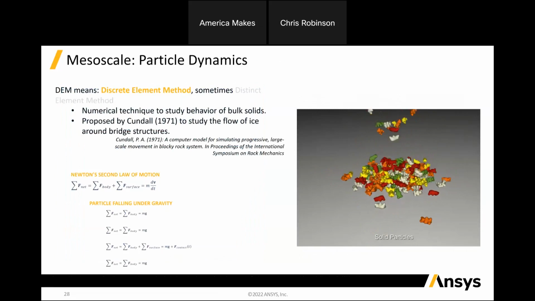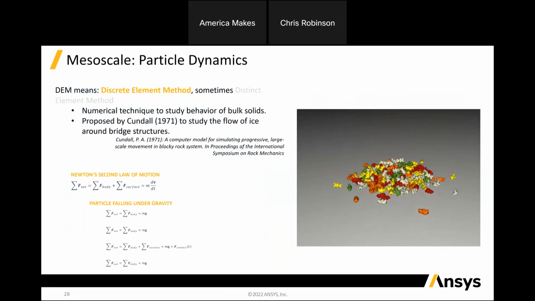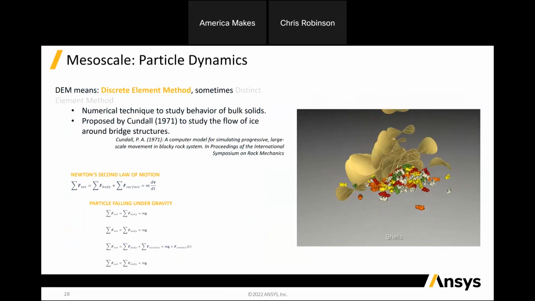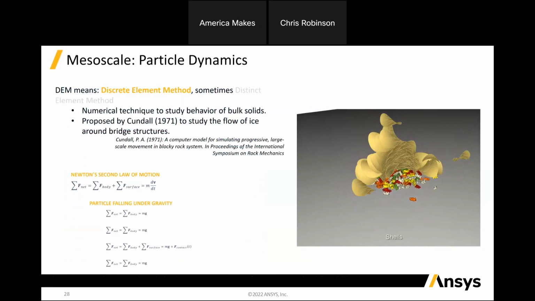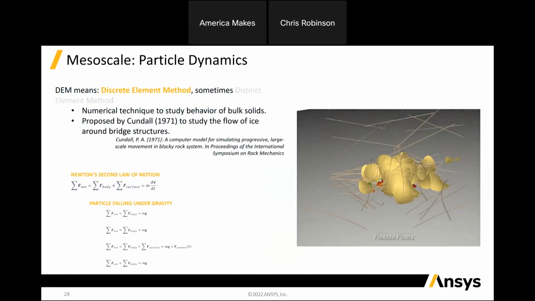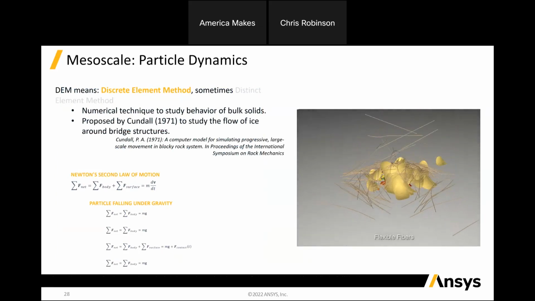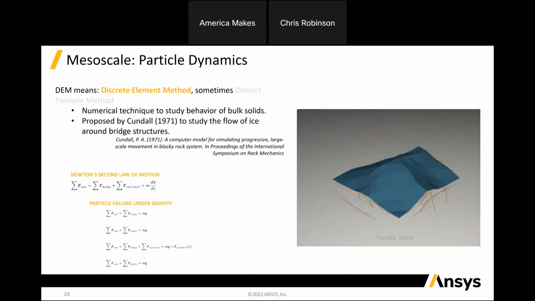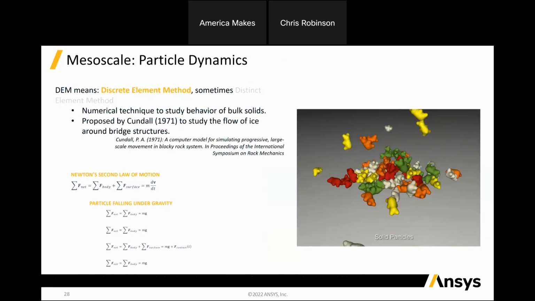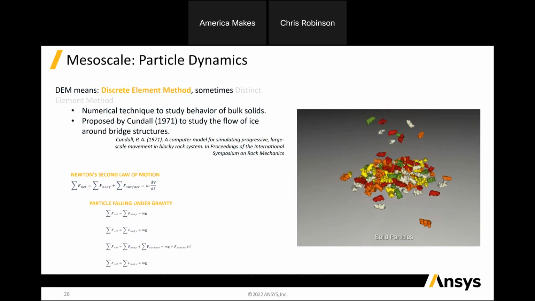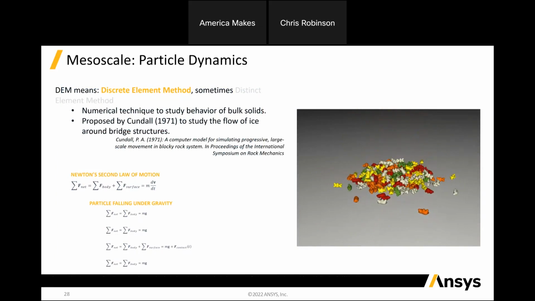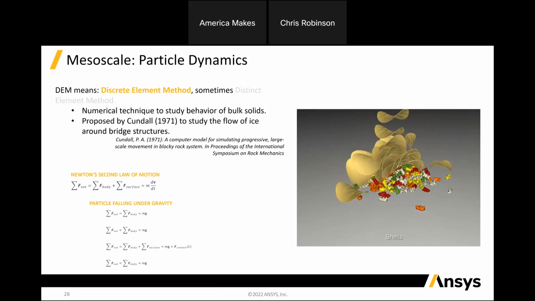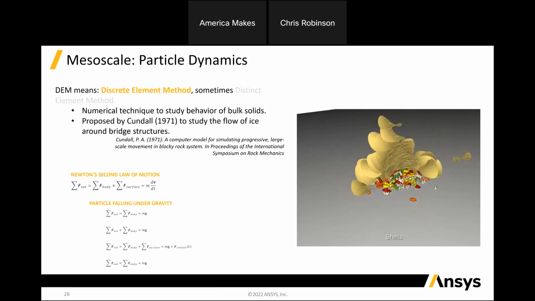So one of the things that we're going to talk about moving forward now is going to be a few different methods for different skill levels of simulating. What we're looking at right here now is just kind of a fun video looking at discrete element modeling. So you can have gummy bears, potato chips, fibers, foils, all sorts of different things. But discrete element method modeling means that you're taking each of those individual elements